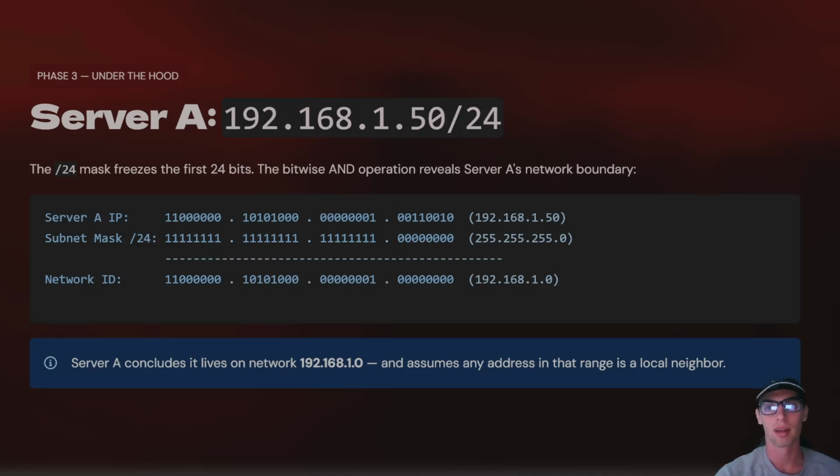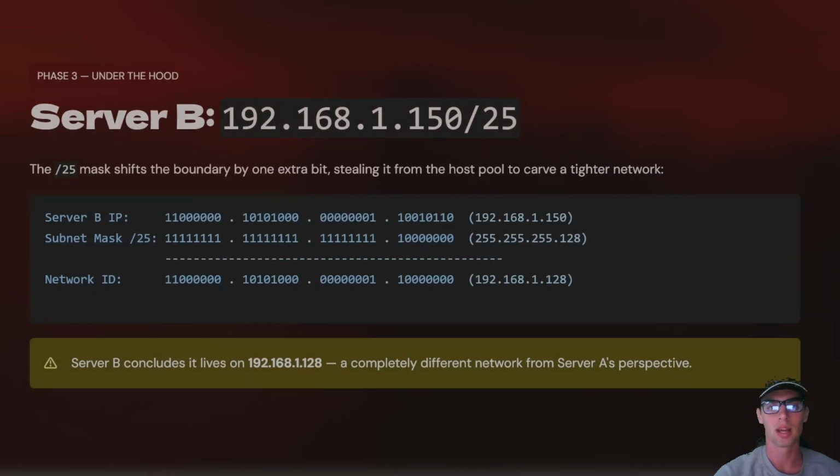So it goes through and compares 1 and 1. Yep, that's 1. 1 and 1, that's 1. 1 and 0, that's 0. So we need two ones to have our network ID result in a 1. The result of this is that server A concludes it lives on network 192.168.1.0. Now let's trace server B, which was mistakenly assigned the IP address of